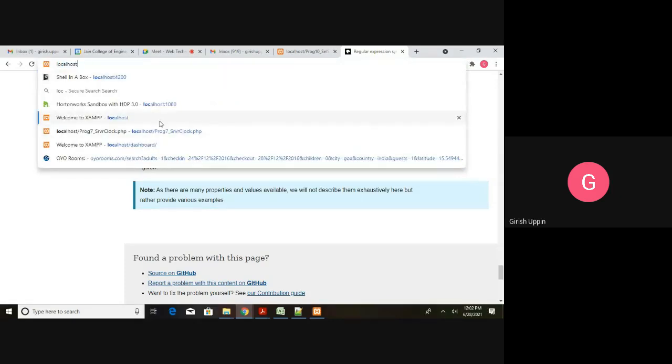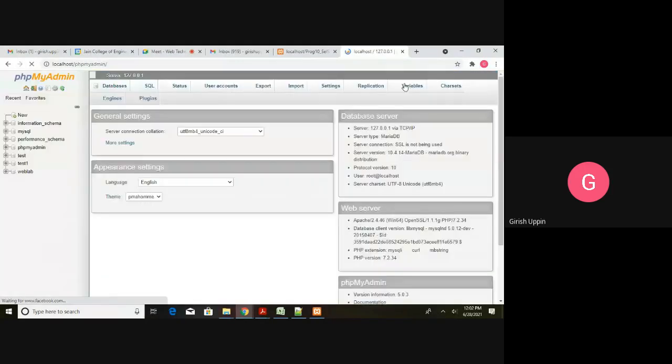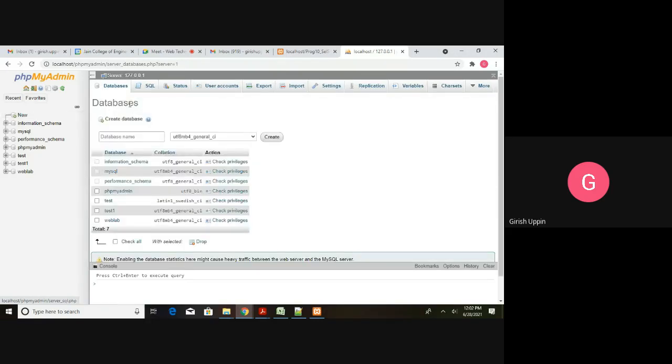Go to the localhost dashboard. You will see phpMyAdmin. Click on that. Once you click on it, you are going to see the UI where you can do some of the database operations. Everything is based on this UI. If you want to create a new instance, you can see here New. You click on this and give the database name.